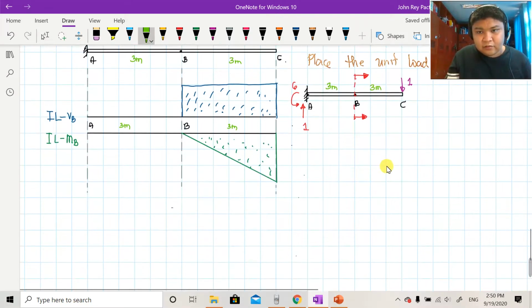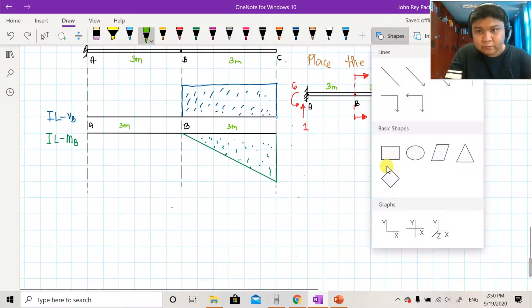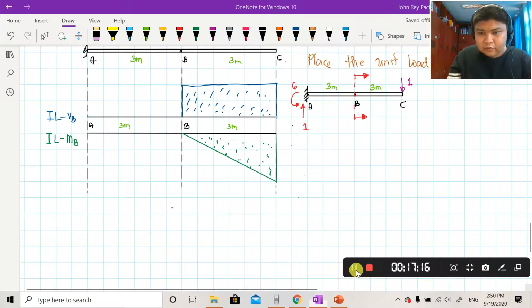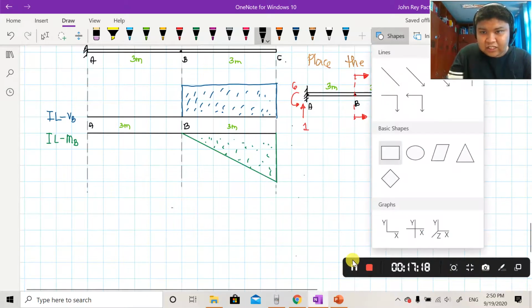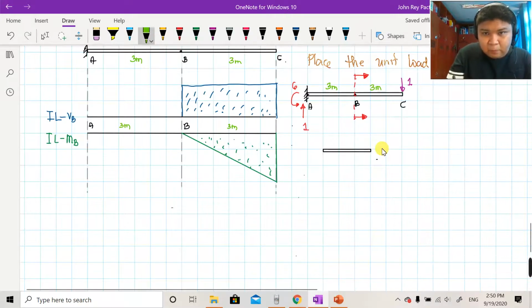So therefore, pag drawing natin to ngayon, sorry. Wait lang. Drawing natin siya. So, yung 3 meters nandito. Tapos, place natin yung point B, yung point C. And yung 1. Take note